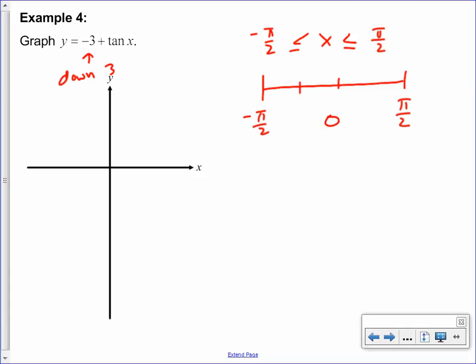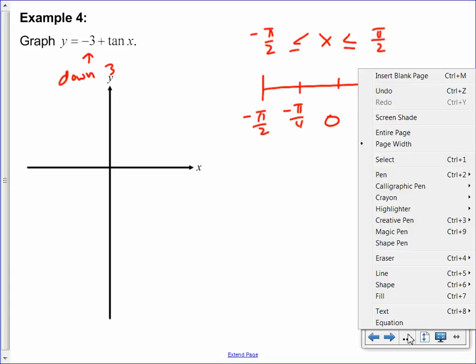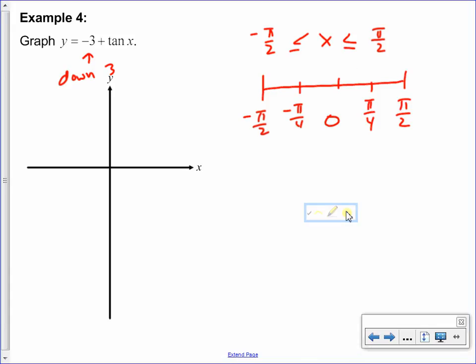And between that, pi over 4. These are your asymptotes. Highlighter. Ta-da! We're doing tan, so